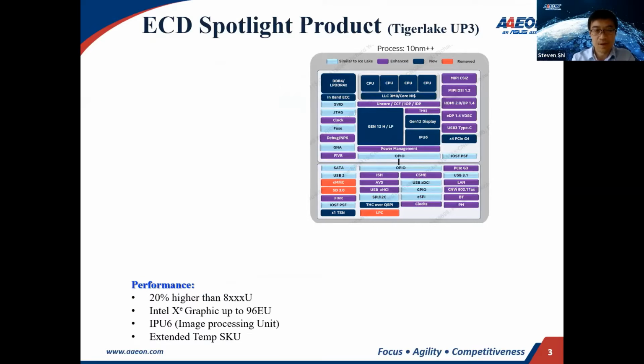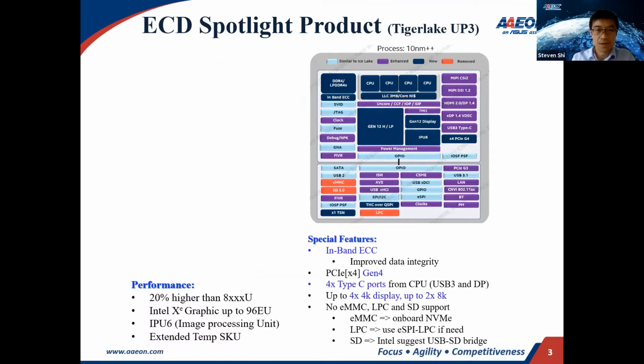Not only does it improve CPU performance, but also graphic performance. It also has special features like in-band ECC, and the industrial processor supports extended temperature and long operation time,